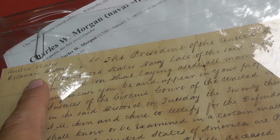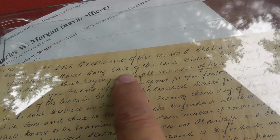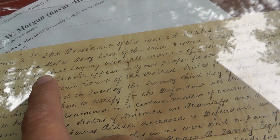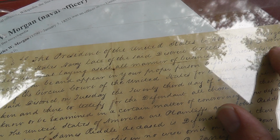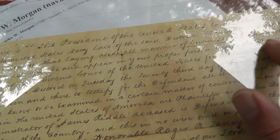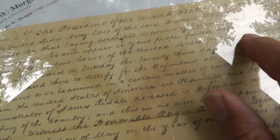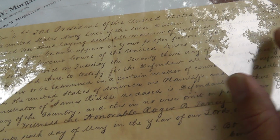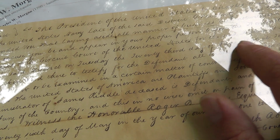United States, Delmar District. The President of the United States to Charles W. Morgan of the United States Navy, late of the said district, greeting. It is commanded you that, laying aside all manner of business and notwithstanding any excuse, you be and appear in your proper person before the honorable justices of the Circuit Court of the United States for the said district at something in the said district on Tuesday, the 23rd day of June, 1840 at